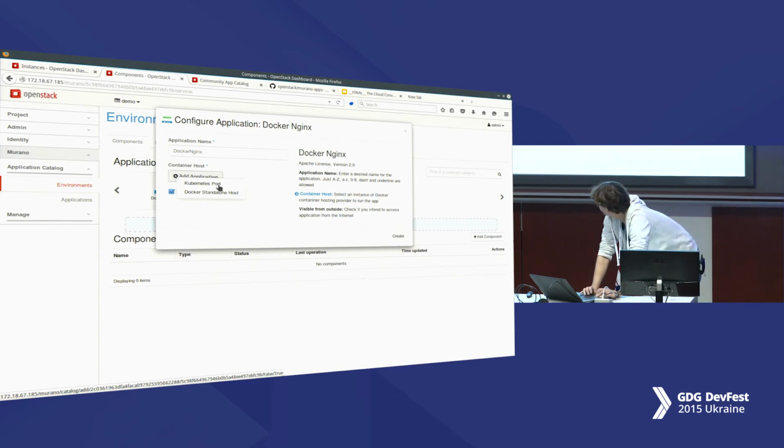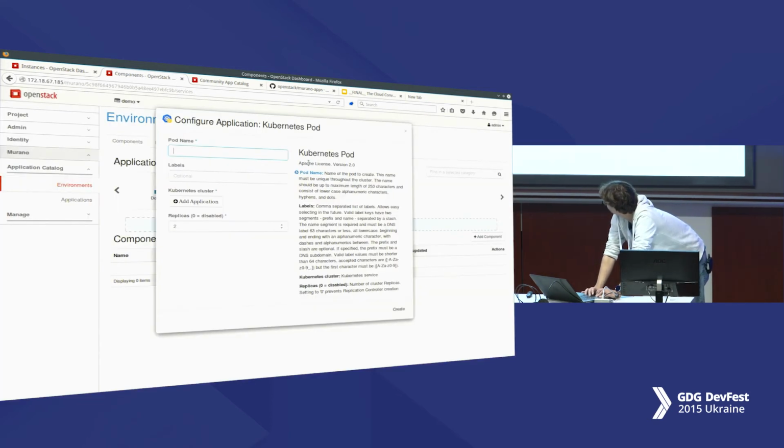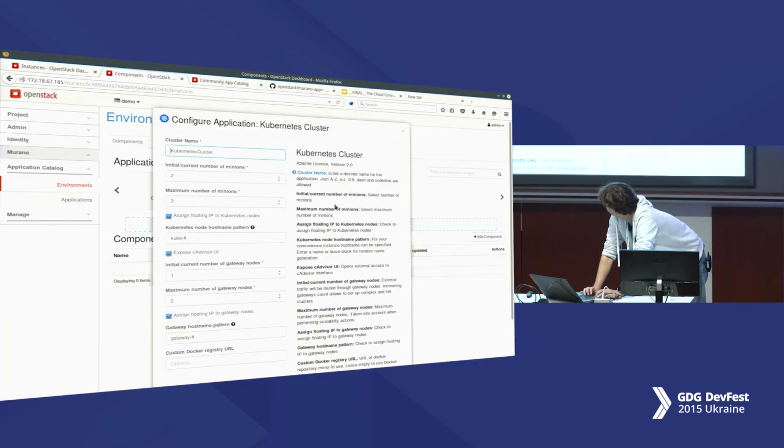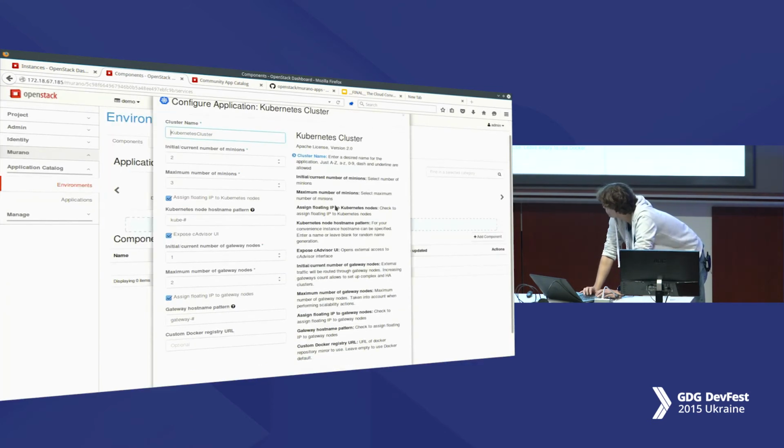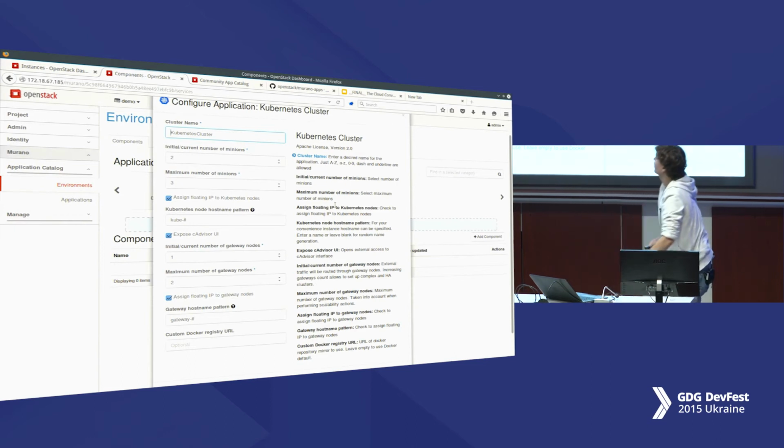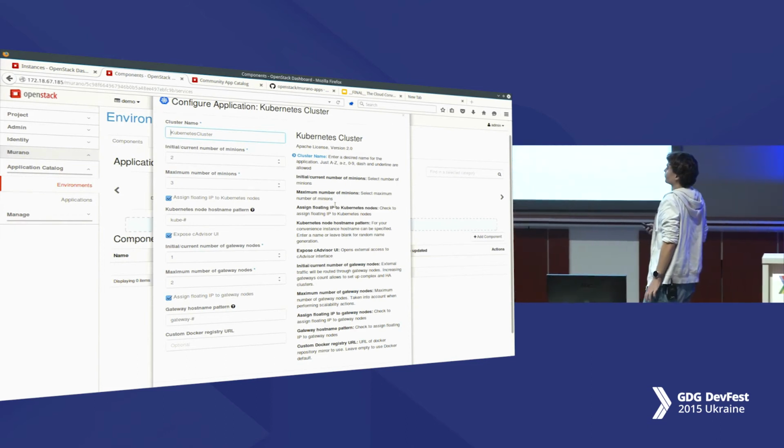At the same time, we may build the whole cluster. So that's why we need to allocate it to some pod. We may name it web server. We'll also have to configure the Kubernetes cluster. There are a couple of configurations needed.